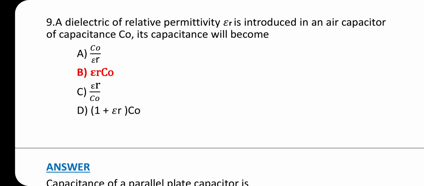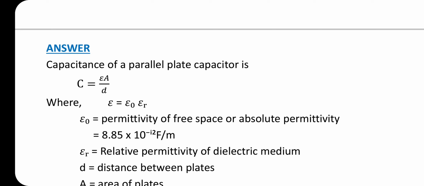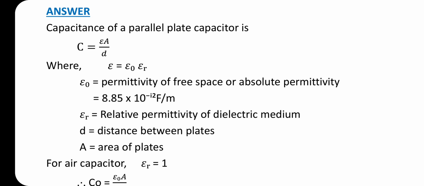Question number 9. A dielectric of relative permittivity epsilon R is introduced in an air capacitor of capacitance C0. Its capacitance will become? The answer is option B, epsilon R C0. Capacitance of a parallel plate capacitor is C equal to epsilon A divided by D, where epsilon equal to epsilon naught